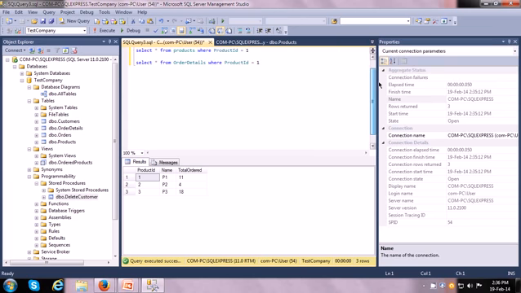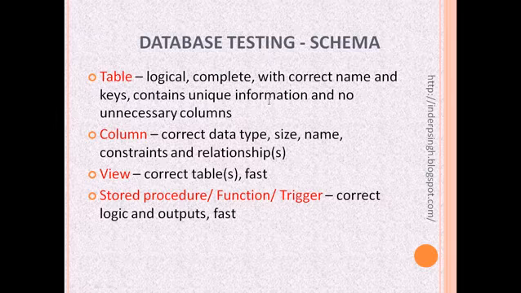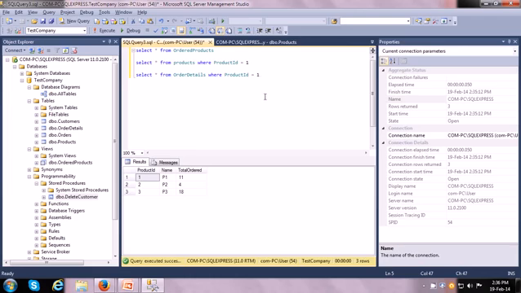Okay, now let us do a select star from customers. Here we see there are three different customers, and let us just insert one more customer, and then we can test the delete customer stored procedure.